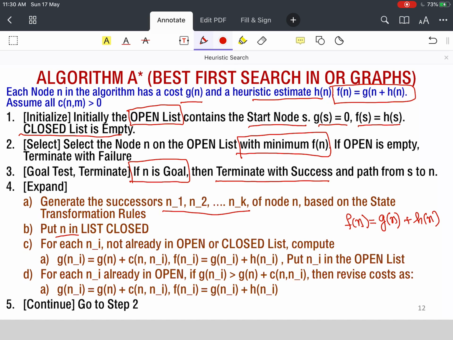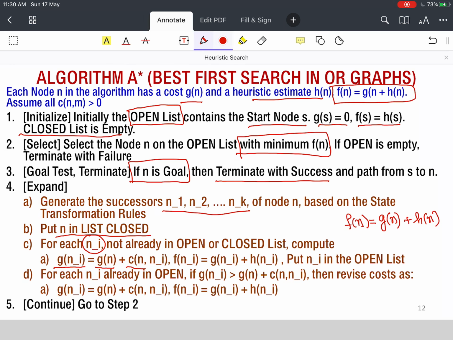If that is not terminal, again we generate its children, we put n in the list closed, then for every n_i we start testing. If a node is not already in open or closed, then we compute the new value of G(n_i) for that node.